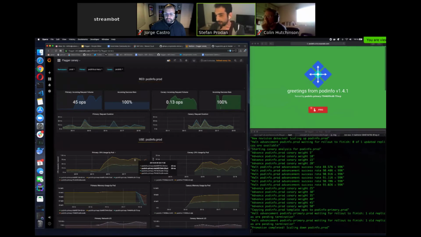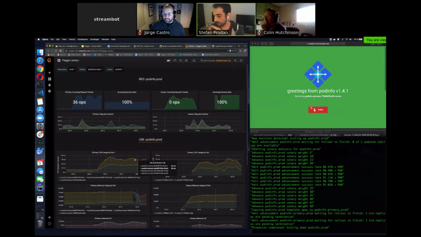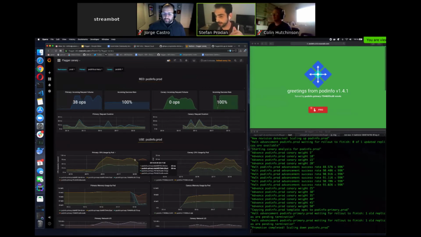Why am I not using the canary? Why, let's say, if it goes to 50%, why not just give it 100% and kill the primaries? Because I don't want the end user to have control over what's running in production. And that's why the primary, which is not in your control, is owned by Flagger. That's the one that is exposed outside of the canary deployment window.